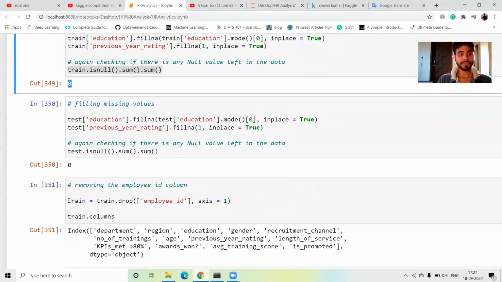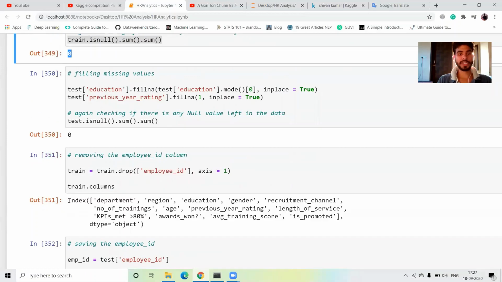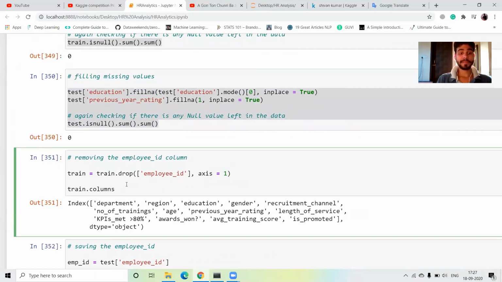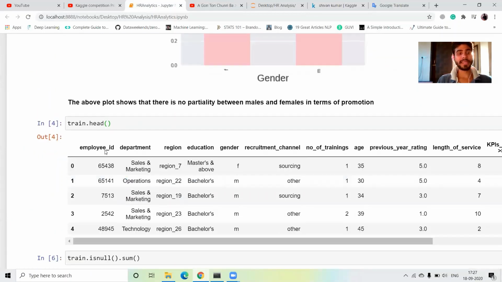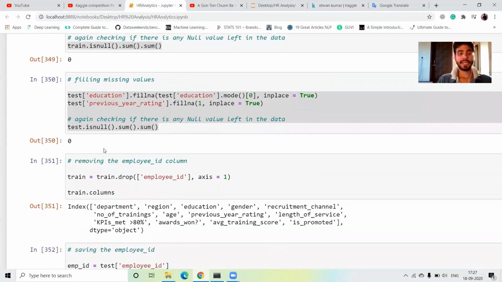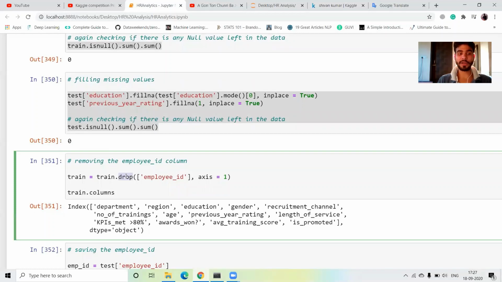Next process: we drop our unnecessary column. Employee ID is an unnecessary column, right? So I use the drop function, take employee ID, axis equal to 1. Why axis equal to 1? Because axis equal to 1 is the column and axis equal to 0 is the row.